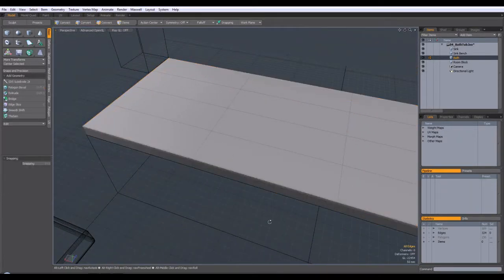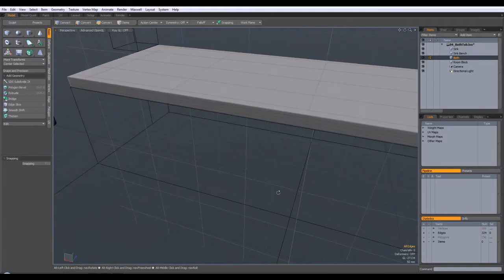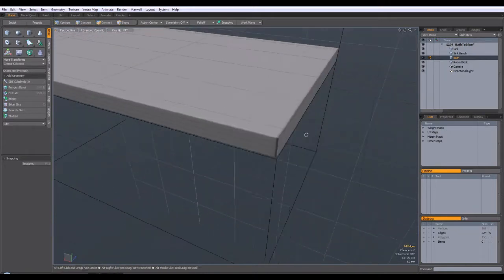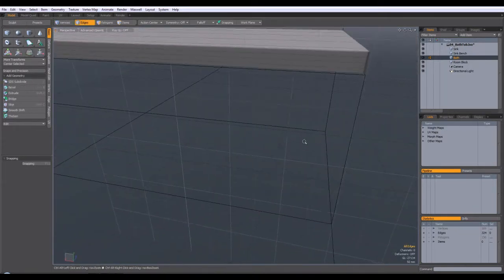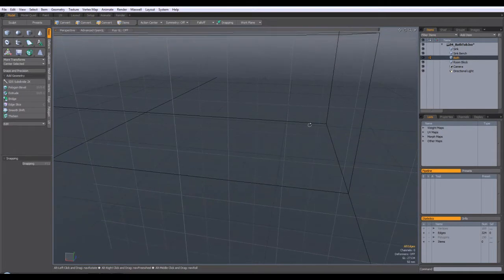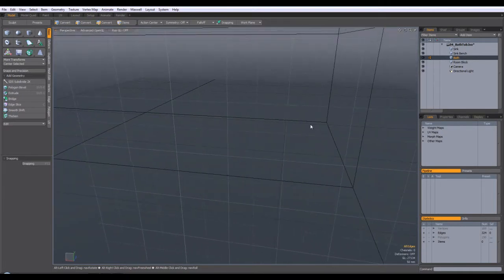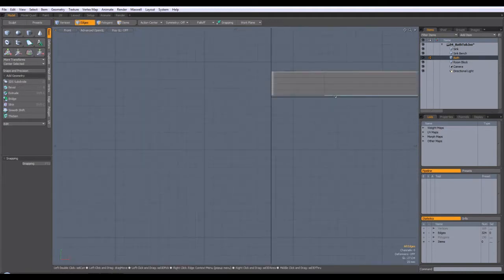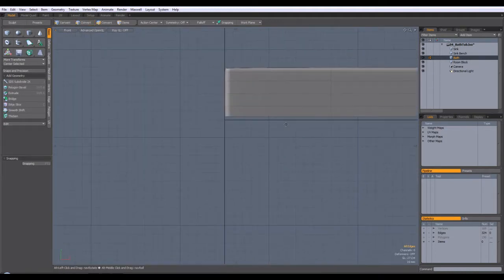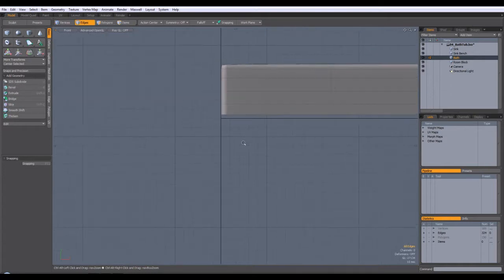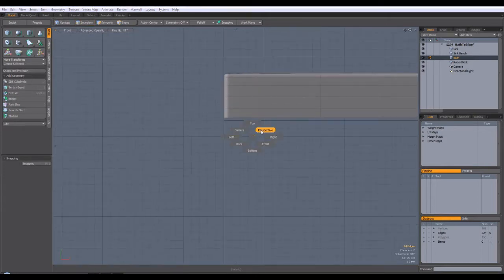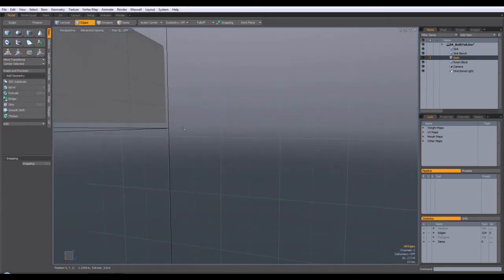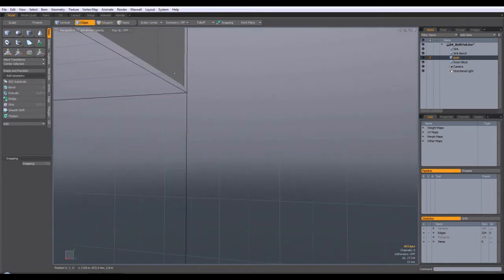rounding level there. We're just going to go over to the tab key and change it into sub Ds and just have a look. Now let's just go over to a side view just so we can get a better idea. Now I think that's good for our purpose. We're going to need to drop it down a bit, because we haven't got any underneath geometry. You know, we haven't got a base poly